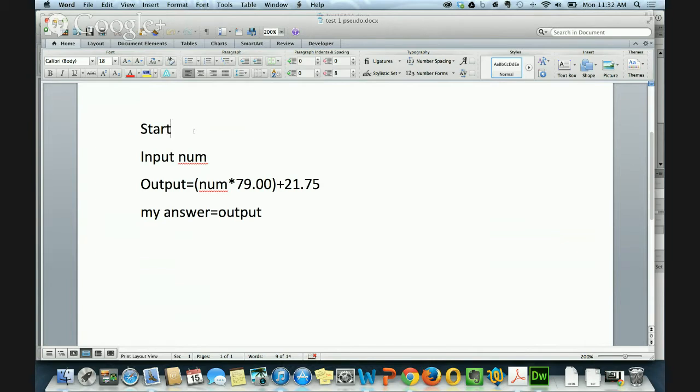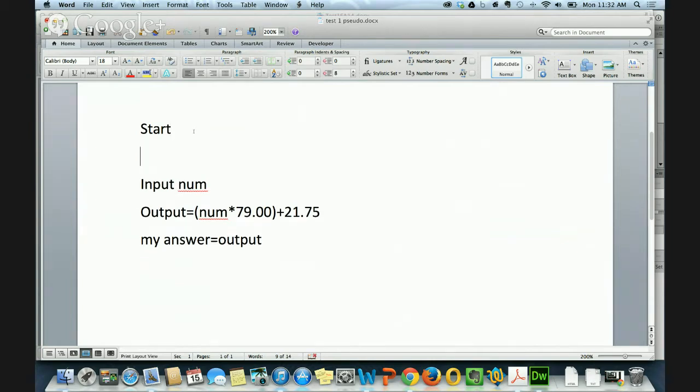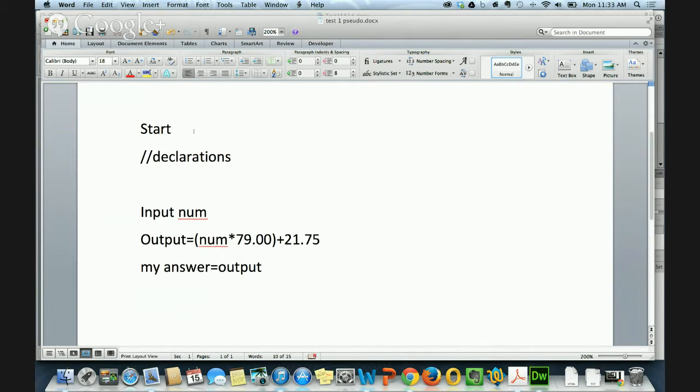Okay, so if we wanted to, which I won't save this, but we could say declarations, and then we could put in a var. A constant would be maybe the credit hour rate, so we'll call it credit_rate equals